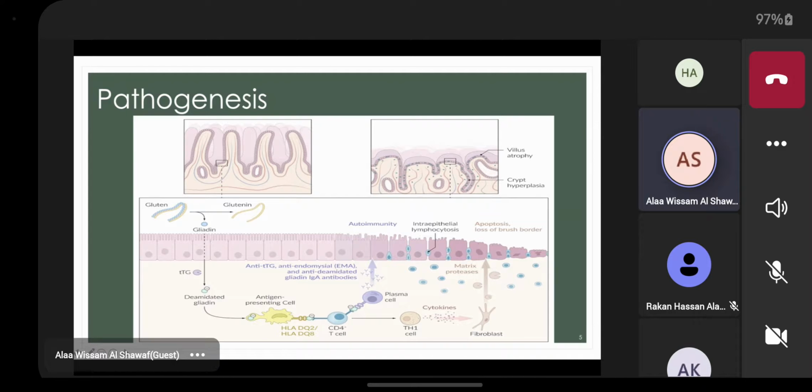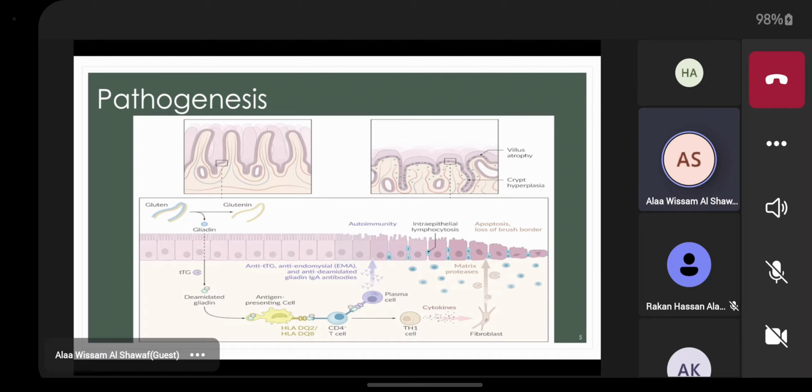For the pathogenesis, first we have symptoms that manifest when a genetically predisposed individual develops an immunological response to gliadin, which is an alcohol-soluble fraction of gluten. Consumption of food containing gluten leads to tissue transglutaminase release. Then the gliadin is modified from gluten proteins. Then the pathogenic T cells react and are activated by modified gliadin, and this will lead to mediated chronic intestinal